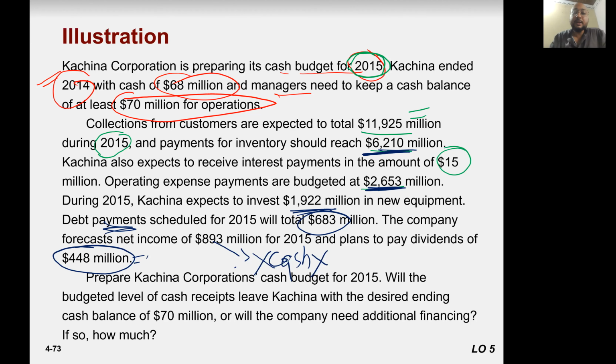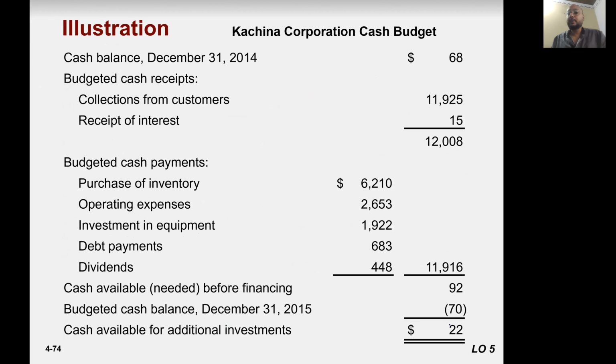So prepare the Kachina Corporation cash budget for 2015. Remember, you need to find out the 2015 cash balance. Will the budgeted level of cash received leave Kachina with the desired ending balance of 70 million or not? Or do we need additional financing? So let's start with, first of all,